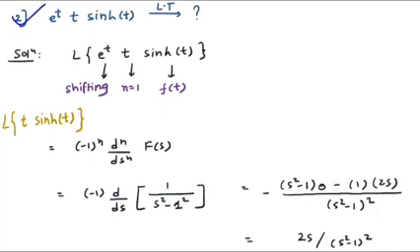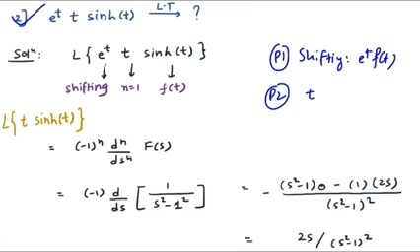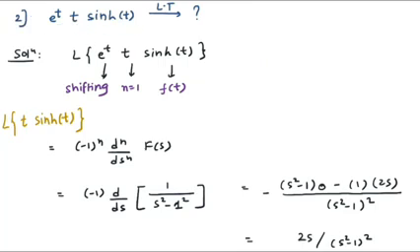The function is e raised to t into sine hyperbolic of t. Tell me what is the Laplace of this function. At the first point you might be thinking, I have studied two properties. Property one is the shifting property, in which e raised to t is multiplied to a function, then the position of s is shifted. And property 2 is the differentiation property, which applies when t raised to n is multiplied to a function. In this question we have e raised to t, we have t, and we have f of t. So there is a confusion about which property to use, property 1 or property 2. The answer is we have to use both property 1 and property 2.